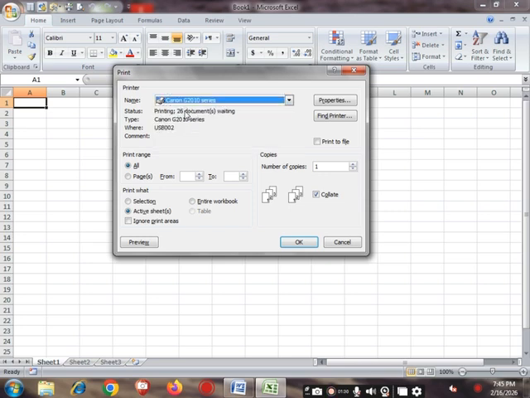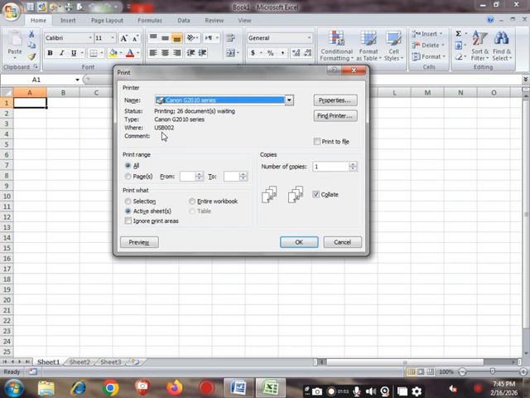Next is the status, which shows how many documents are waiting to be printed, like 26 documents waiting. Next is the type, which shows the name of the printer, and next is the where option, which shows how we have connected our printer with the computer, like connected by USB.